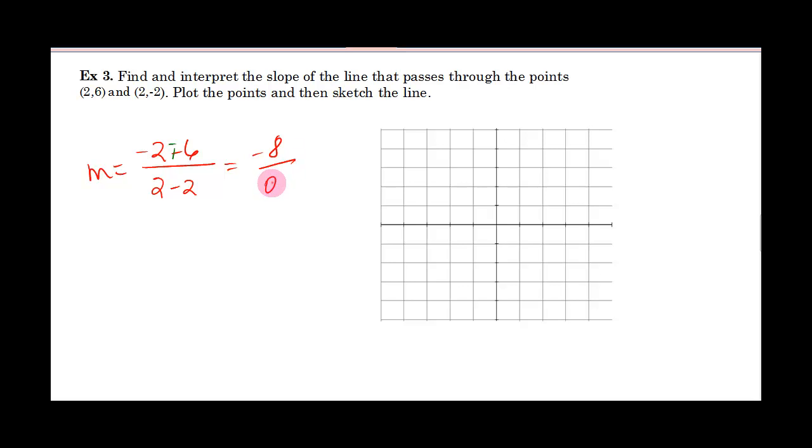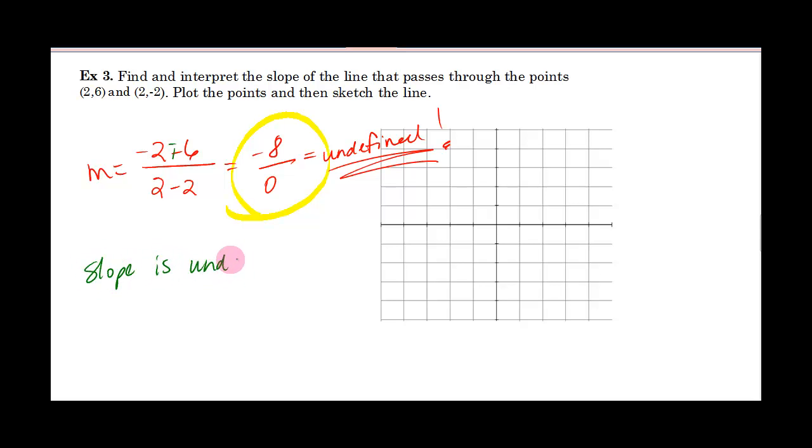But here is a big warning. Big warning. Watch out. What do I see here in my denominator? I see a 0. This 0 means that my slope is actually, can't have 0 in the denominator, so it's undefined. Okay, my slope is going to be undefined. And let me write that. Slope is undefined. That doesn't mean we can't still graph this line, but let's see what it looks like when we plot